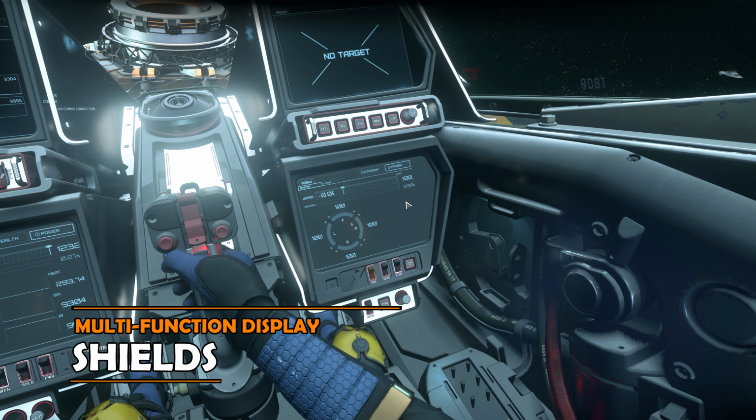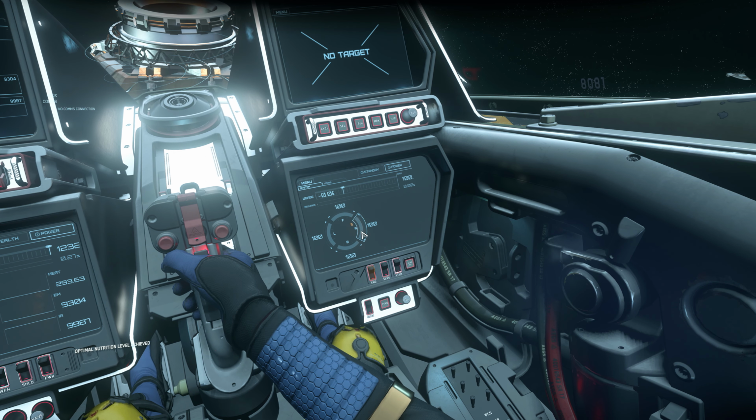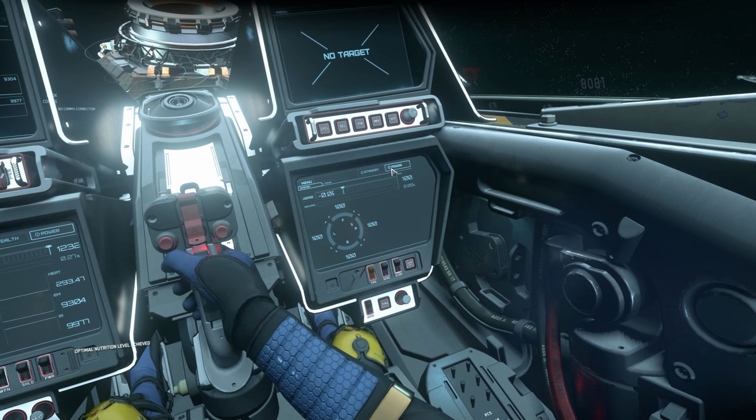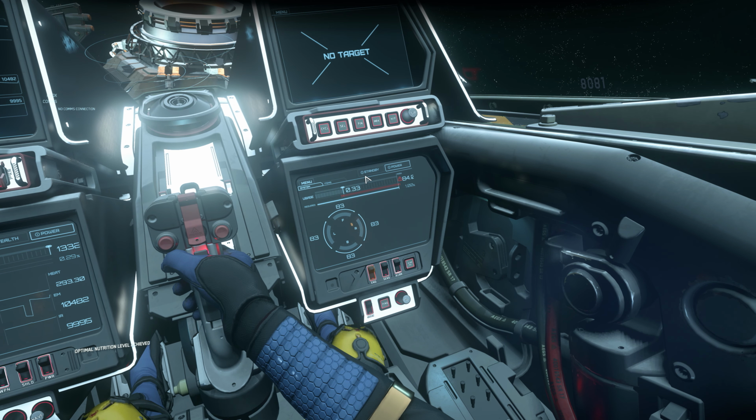On the shields display, you can see how much shield strength is apportioned to front, back, left and right shields. This can be tweaked using hotkeys, or sometimes by clicking on the shield, although this sometimes doesn't work properly. Much like the power triangle, this is relative, so beefing up the forward shields will reduce power sent to other